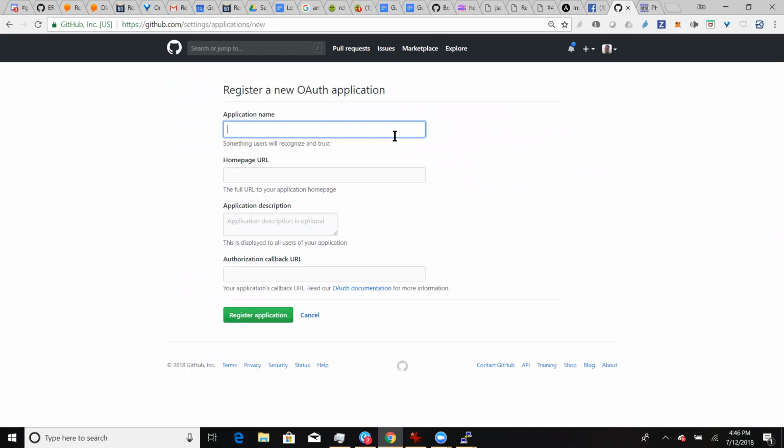Unless you want to use rchain bounties. I don't know. Application name. This is Rewards test. Did you mean test or text? Yeah. And that's